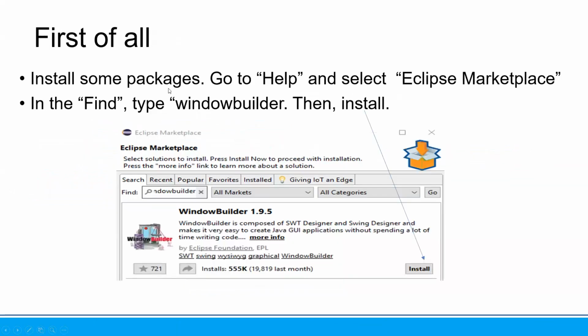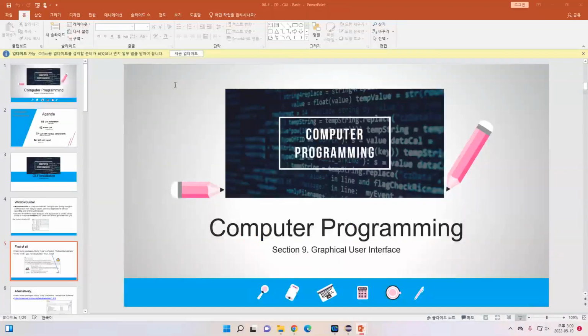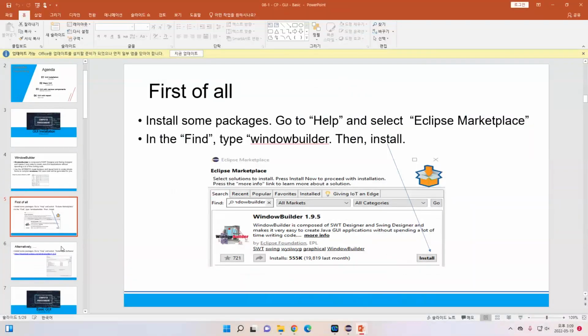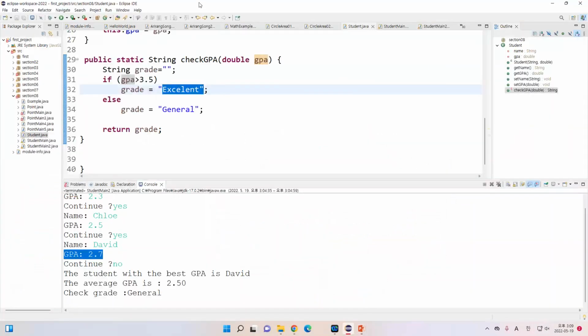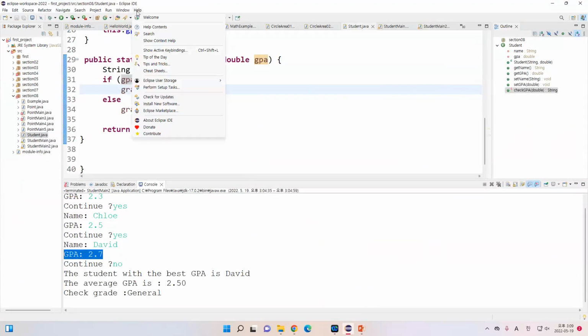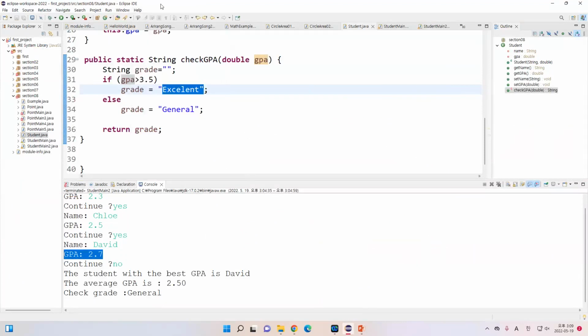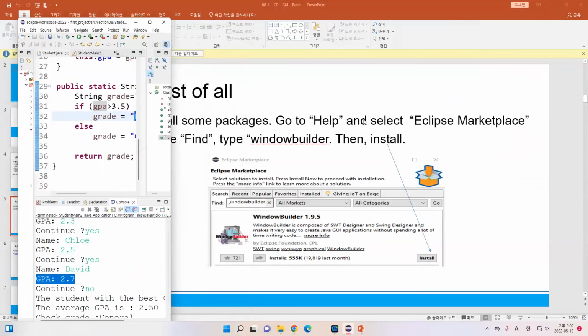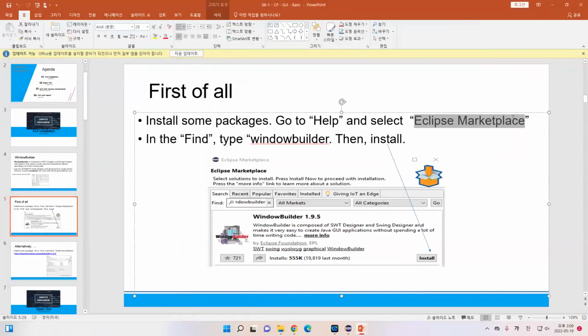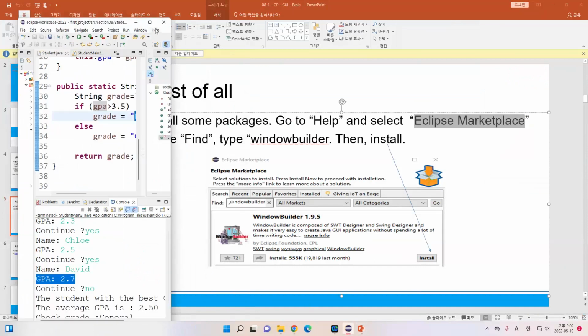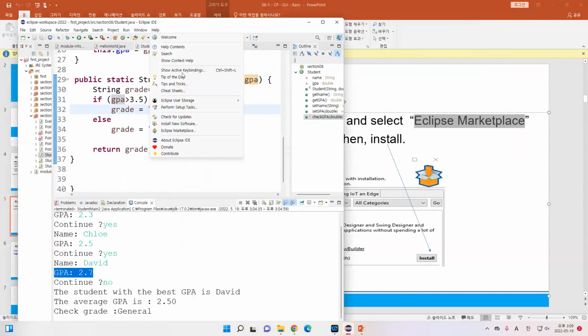So how can you get this tool? So I will teach you. In your Eclipse, you can go to the help section. And in the help section, you can select Eclipse Marketplace. Okay, you can select the Eclipse Marketplace. Okay, hope you can see this one. And then